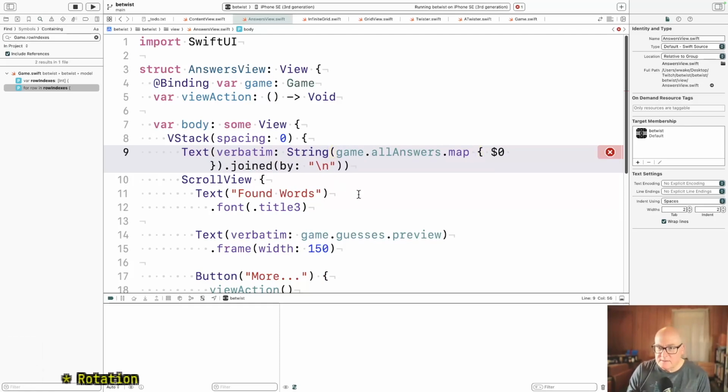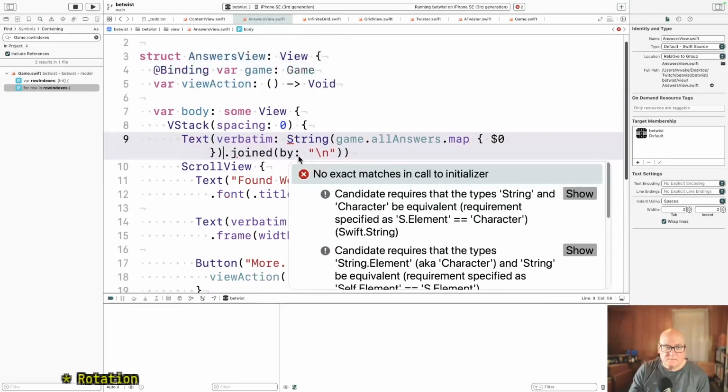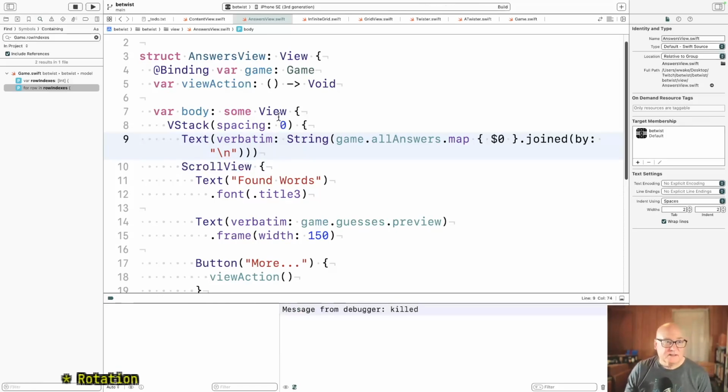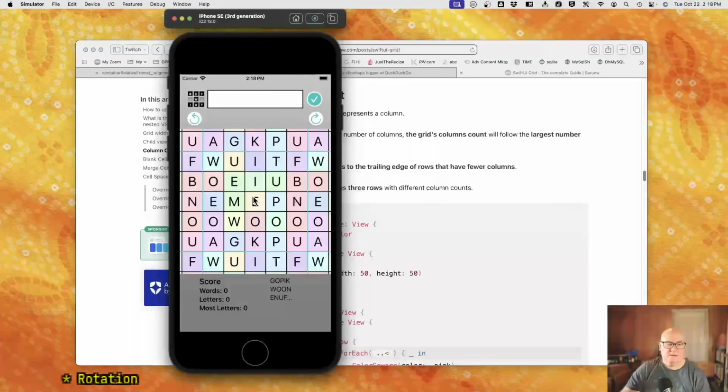Is that going to do it? No. Okay, you're right. Okay. Yeah, so let's run it with that so we can see if this thing is still... Still okay. All right, and so,